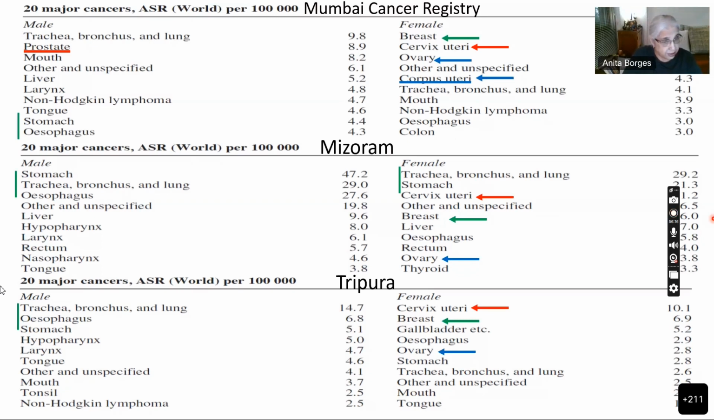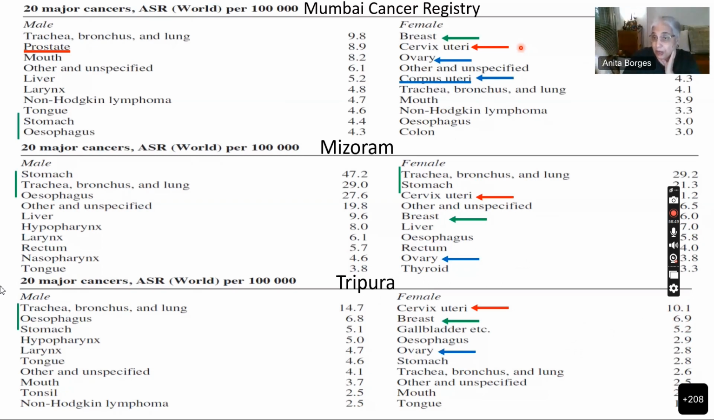The third reason is trends. Now look at the trend over here. Take Tripura: cancer of the cervix in females is 10.1. It is the leading cause of cancer in females in Tripura. When you come to a place like Mumbai, see what is the leading cause? It is breast,